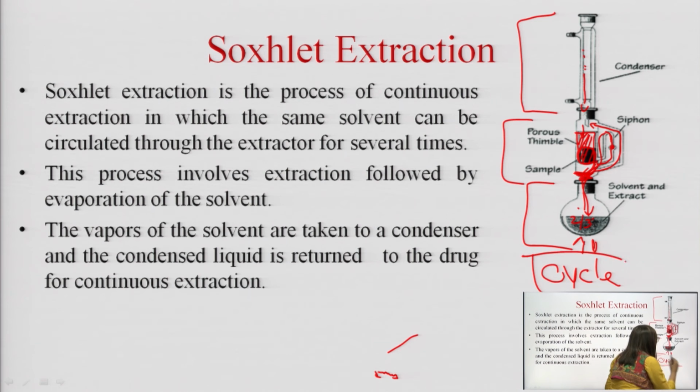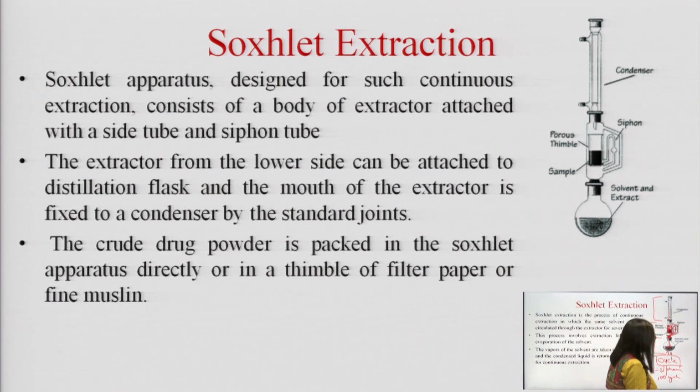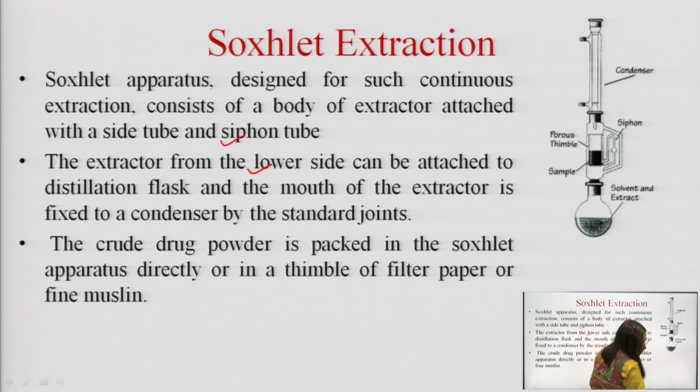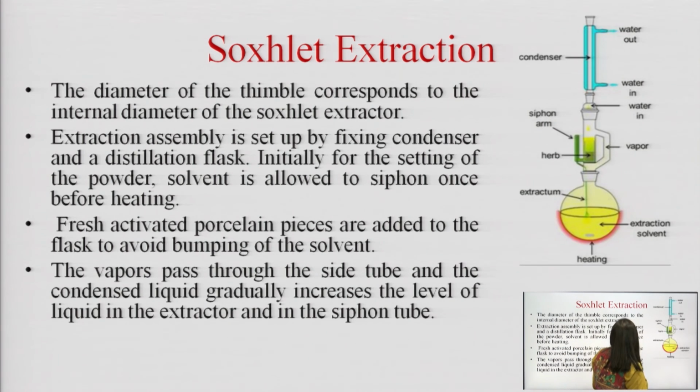One complete cycle is also termed as one siphon, and such 100 cycles are done to extract the phytoconstituent. This should be done for heat thermostable substances. Moving to this, this apparatus is designed, and it can be shown here how the mechanism works. We do add certain porcelain chips to avoid the bumping of the fluid, and